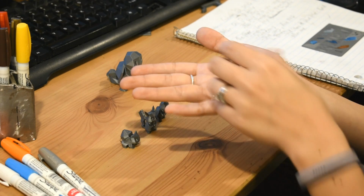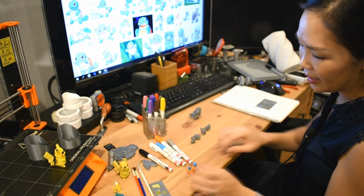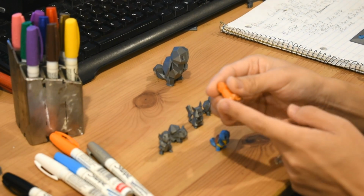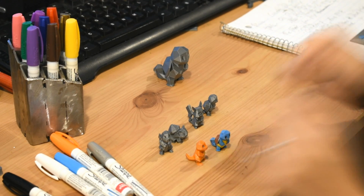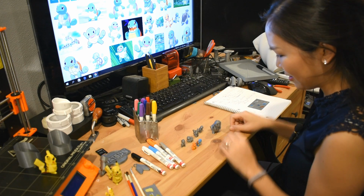I don't have all of the colored ones with me because our toddler loves to play with these, so a couple of them got lost. I have a Charmander and the Squirtle, although the Charmander lost the flame on its tail. No! Anyway, today I'm going to be showing how I did this, and I'll be doing a Squirtle because